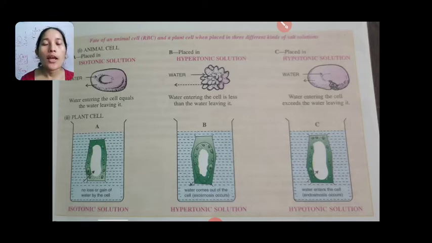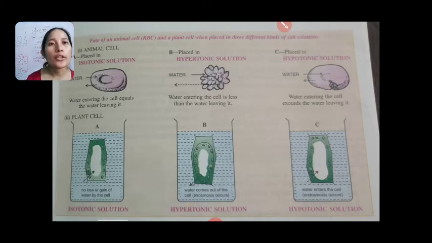In case of an isotonic solution, the concentration of solute and solvent is similar to that of inside the cell. So you have the same environment, both inside the cell as well as outside the cell. That's why, how will be the movement of water? You will not be able to see any kind of movement of water, and the cell will remain as it is. Okay. Now solution B is a hypertonic solution.